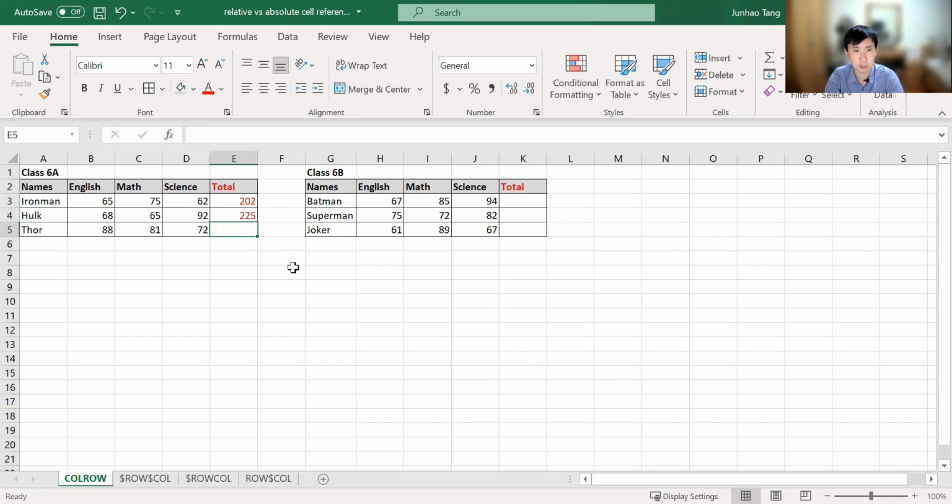Okay, so you can just do this, or you can just copy the cell over here, Control C, copy. Okay, and then go to this cell here and paste, and then go to this cell here and paste. Then you will get the total score, right? So what the cell is doing when you copy and paste is doing a cell referencing from, for this cell, it's doing the same cell referencing for this, and for this cell, it's doing the same cell referencing for this. Okay, so this is the meaning of relative